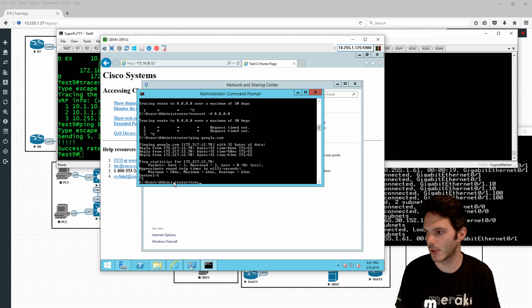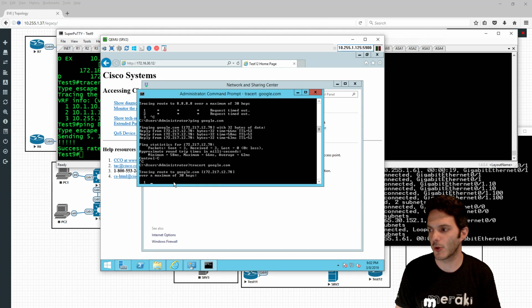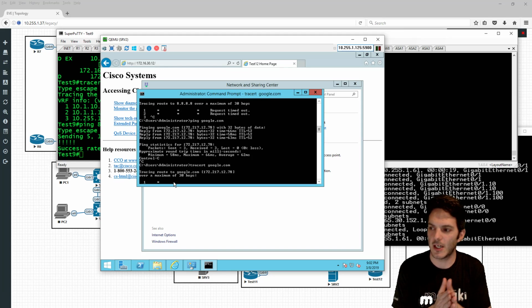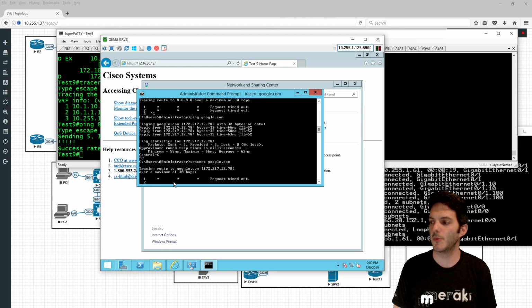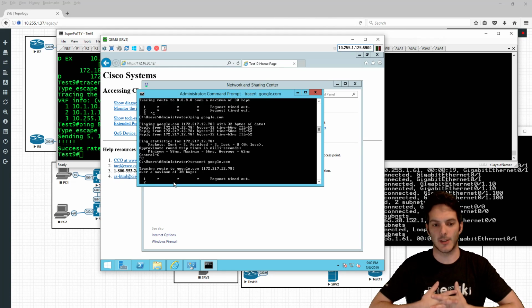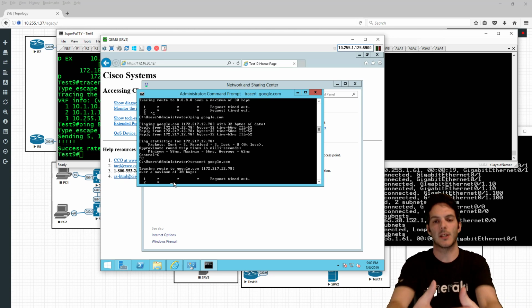Let's do a trace to google.com. And because it can do name lookup, it's going to. So the very first ping is going to get dropped. But trace on this particular platform is actually not going to work. You might say, well, how come? Because of the fact it's an ASA and the traffic that's going out is not the same traffic that's coming